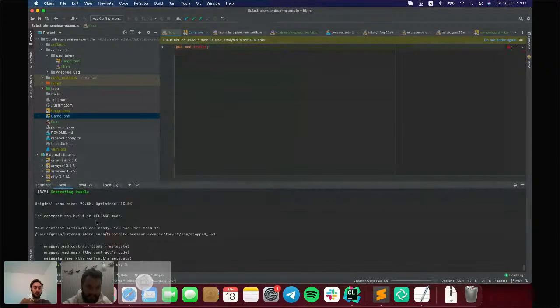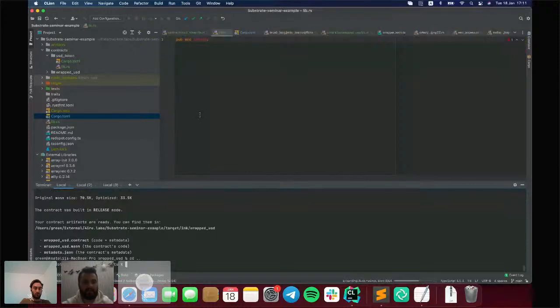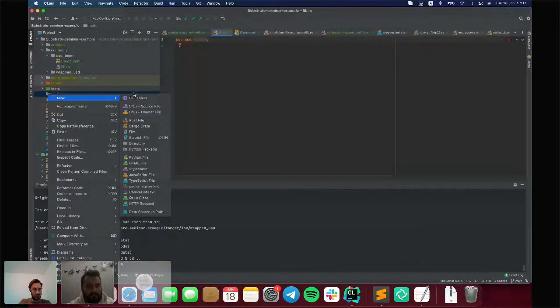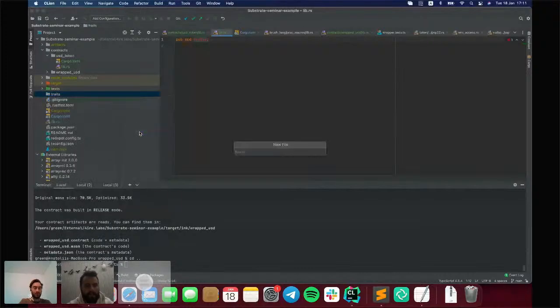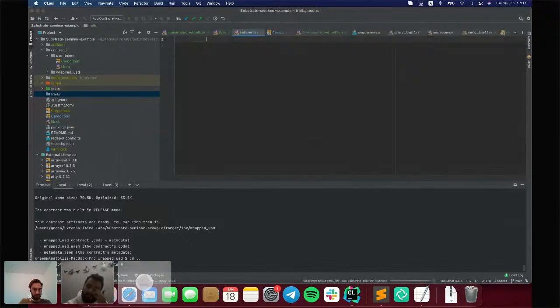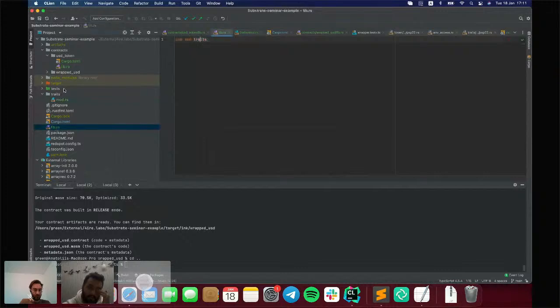Let's enable indexation. It is already indexed. Should you also add a configure attribute for feature standard and not standard here? Yeah. So let's add mod.rs here.